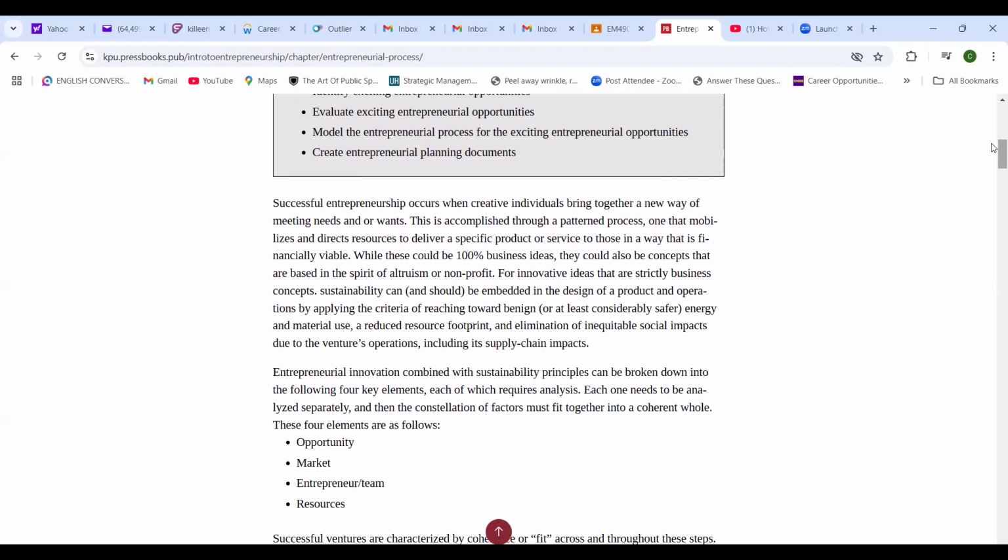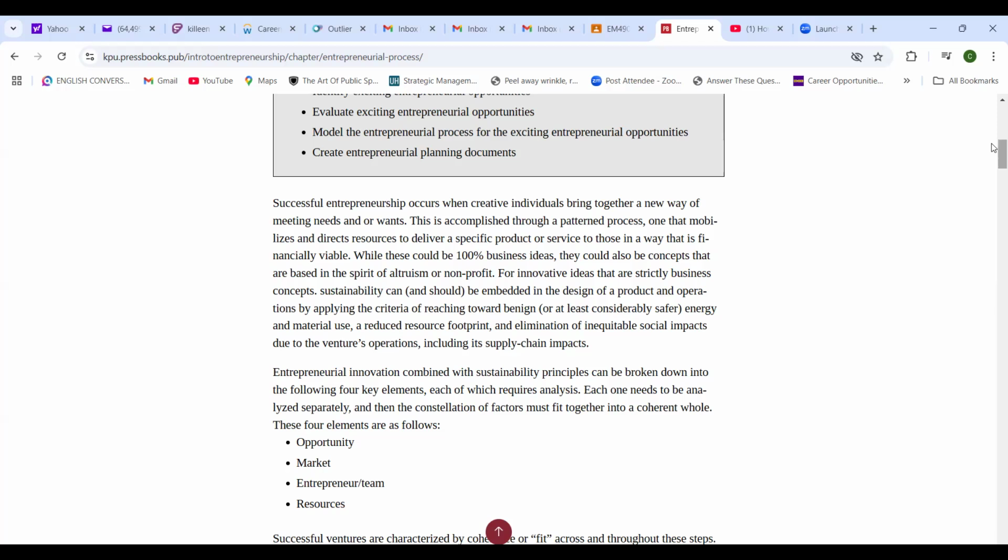Successful entrepreneurship occurs when creative individuals bring together a new way of meeting needs or wants. This is established through a process, one that mobilizes and directs resources to deliver a specific product or service to those in a way that's financially viable. While these could be 100% business ideas, they could also be concepts that are based on the spirit of altruism